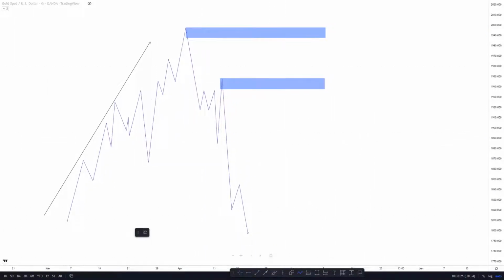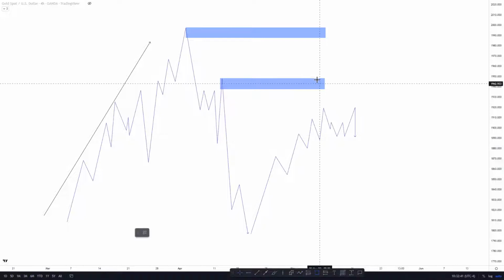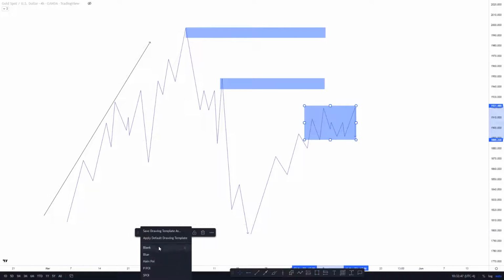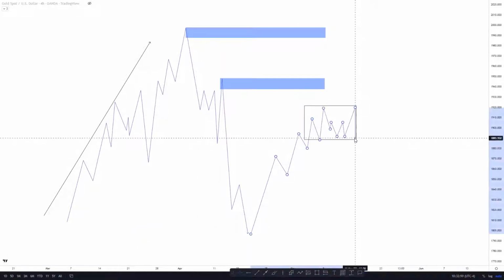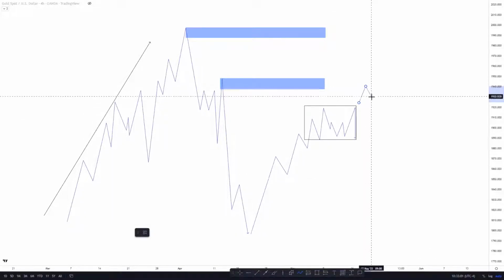Then I will look for the market to come in here. For instance, this is your Asian session forming, this rectangle. I won't take any sells or buys here. I will wait for the market to come here and mitigate this zone and give a short term